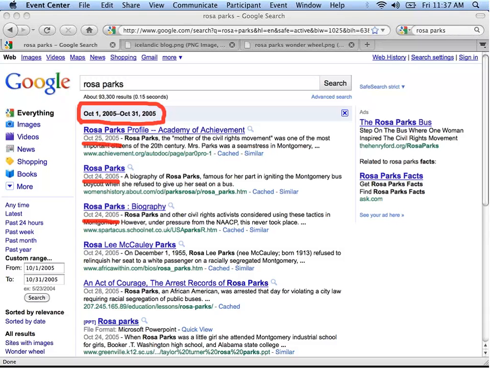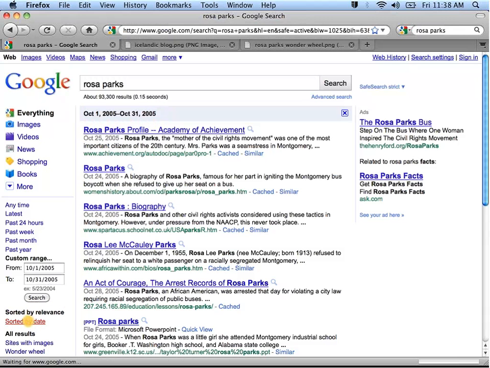And right now they are ranked by the usual Google ranking system, but in this section of the left-hand panel right here, I am given the option of changing how they're sorted. So if I click on sort by date,